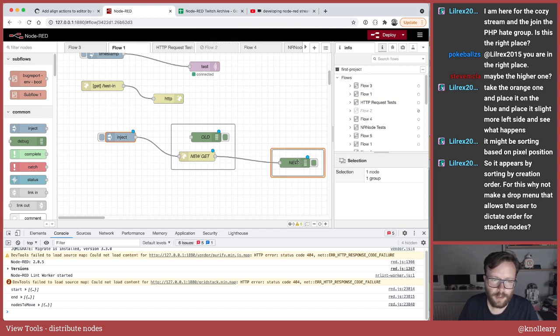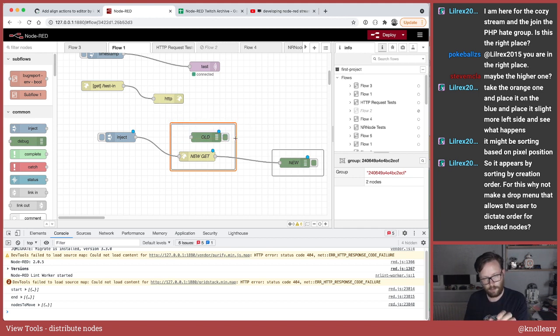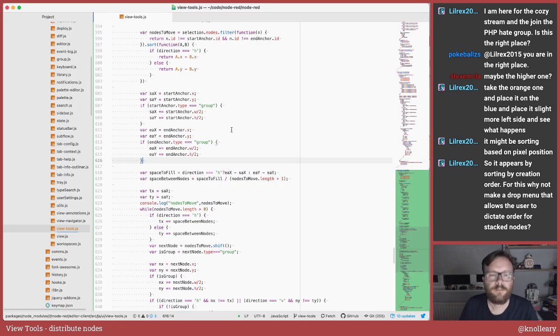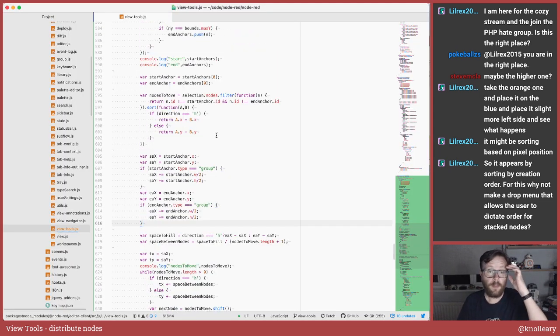We've got the start and end anchor. We need to find its edge, and that gives us the space to fill. And we have to do it based on their edges, not their centers. Once we've got that, for all the things inside it, we need to calculate their width and take the total of their widths away from the total available space. That gives us the amount of space to distribute for the gaps in between them. Okay, so